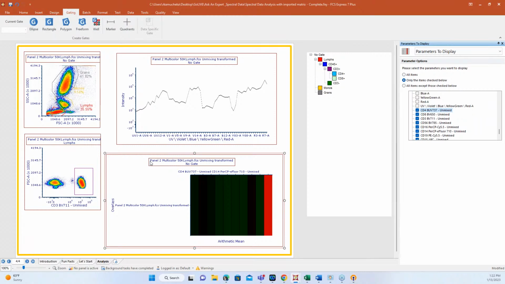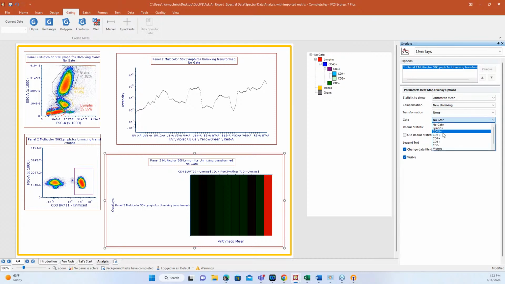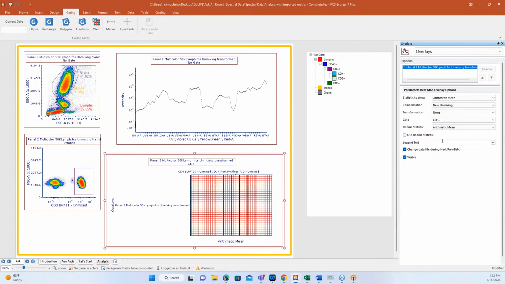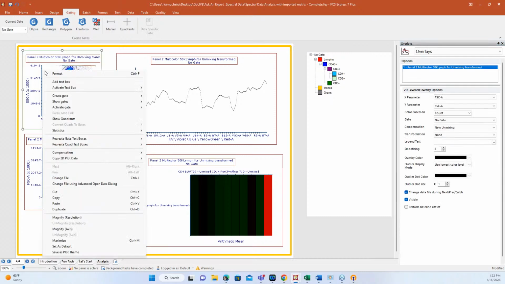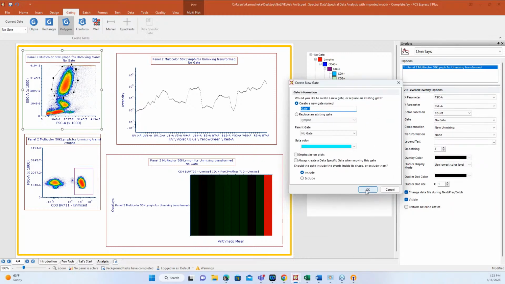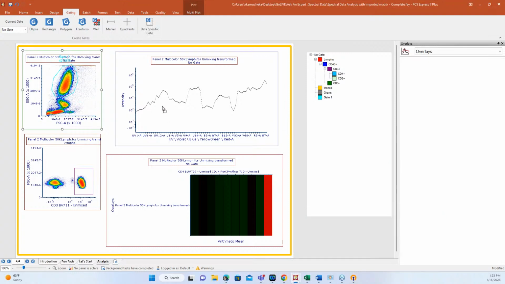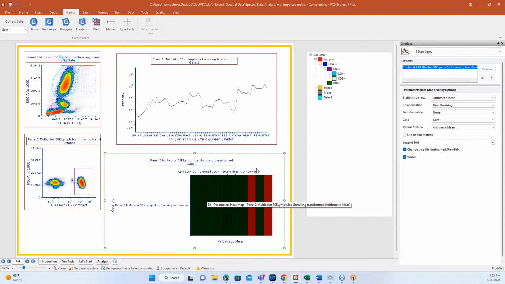If you want to add gates, don't worry, you can always adjust that either in overlays. We can change the gate that's applied. And okay, so it looks like my gates are not applicable. So that's where we're going to start. We're just going to right click, and I'm going to deselect all of these gates and start building backwards and see if I can fix whatever is happening right now. We're going to add this gate. There we go. And then if we add this gate here, we can start seeing differences in our parameters.